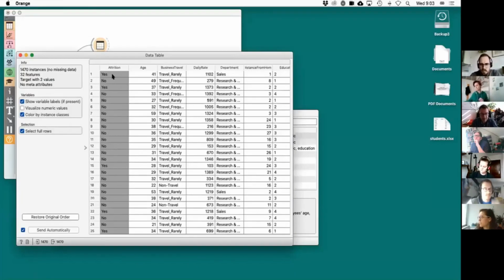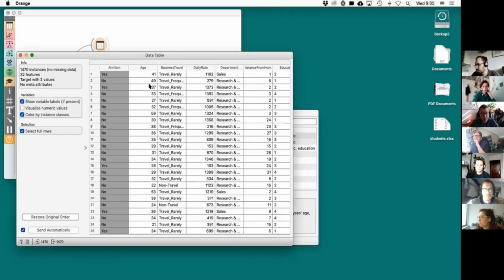Basically, yes means that somebody is not happy about the job and says bye. The idea of this data set is, can you detect unhappiness at work before somebody leaves? The same problem occurs in sales and banking. People leave companies and banks, and we do these kinds of things in life quite often. We are attached to something and then we say, okay, we have enough, and we leave.